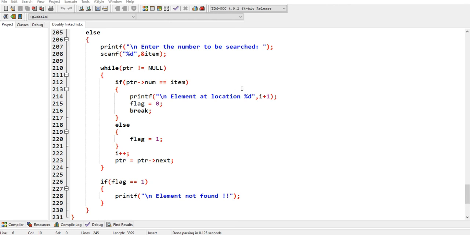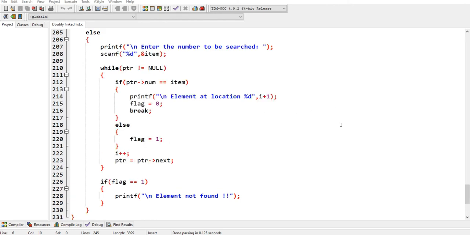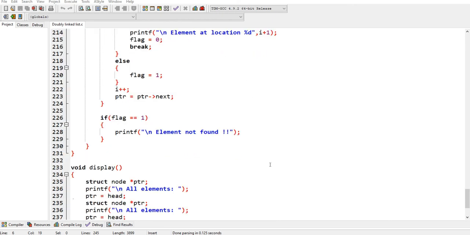Then the element will be printed in the list. In else part, if the flag is equal to 0, pointer it will be i plus plus, then pointer is equal to pointer of next, it will show the search element which is present in the list. If the flag is equal to 1, means in the list which we have, the element is not found, it will show here the element is not found.